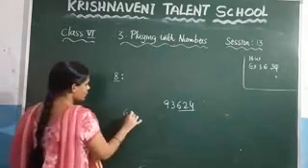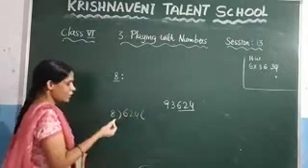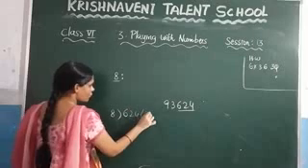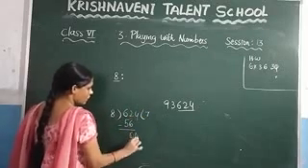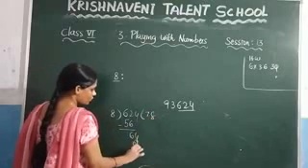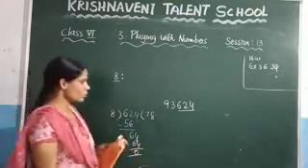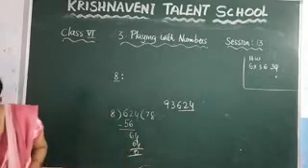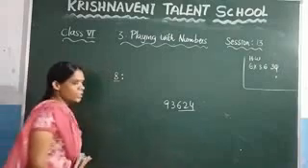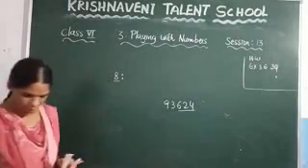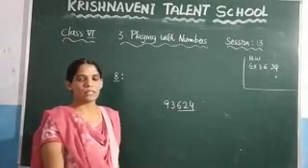So check it here, 624 divided by 8. So how much will you get here? 8 7s are 56, right? And after that, here 8 8s are 64. You are getting the remainder as 0. So we can say that this number is divisible by 8. So what is the divisibility rule for 8? You need to check the last 3 digits of a number. If the last 3 digits of a number are divisible by 8, we can say that the number is divisible by 8.